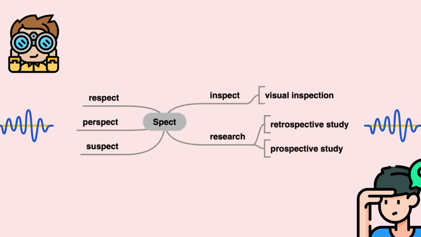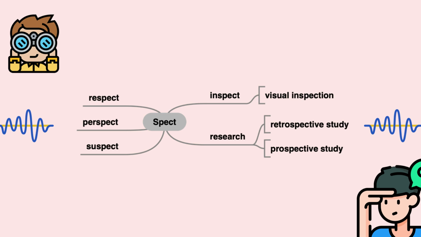6. Spect. The Latin root spect originates from spectare, meaning to look. This root frequently appears in words related to observation and action. Spectator refers to a person who looks, or an audience member. Spectacle means something to look at or a scene. Inspect combines in, meaning inside, and spect, meaning to look, referring to an act of examining.